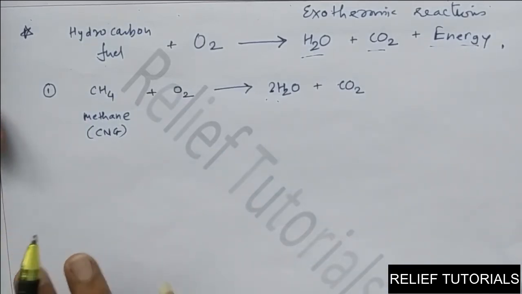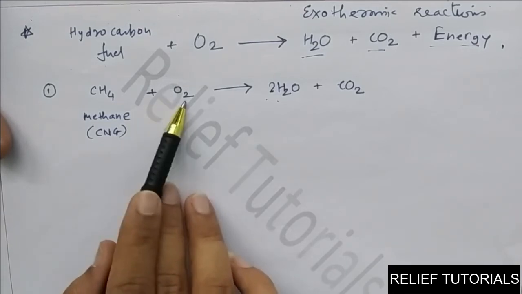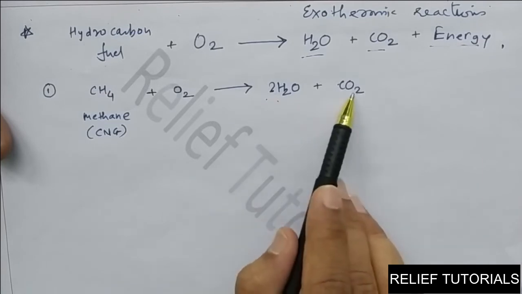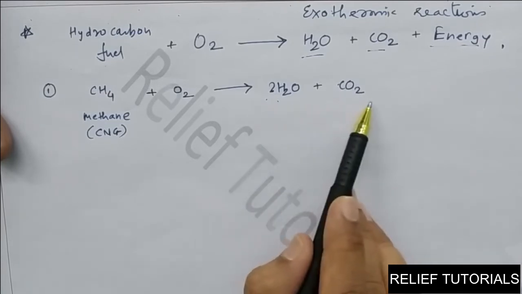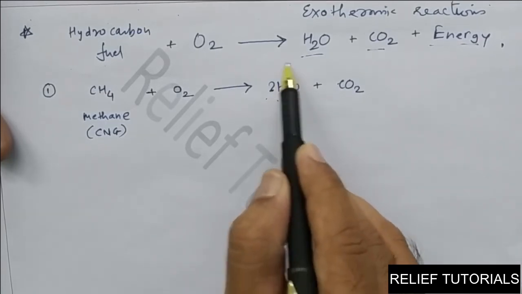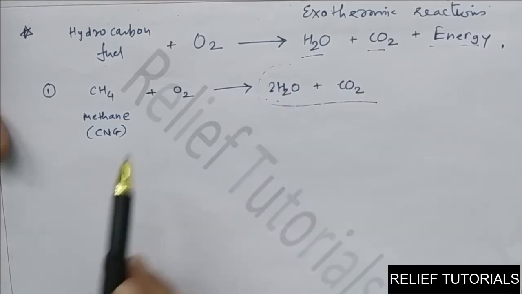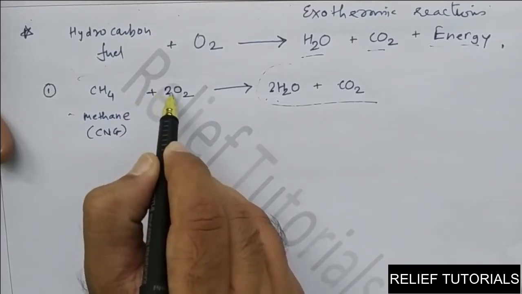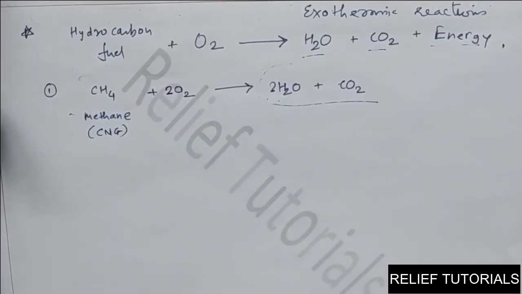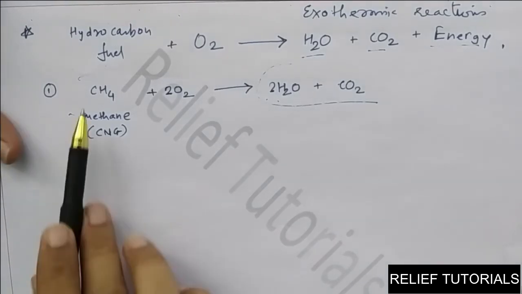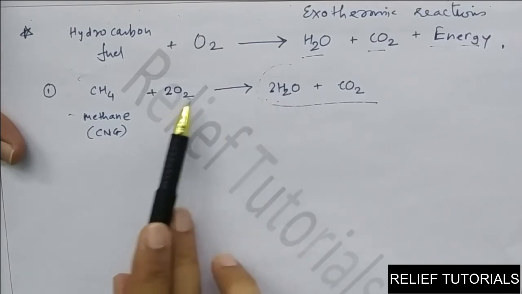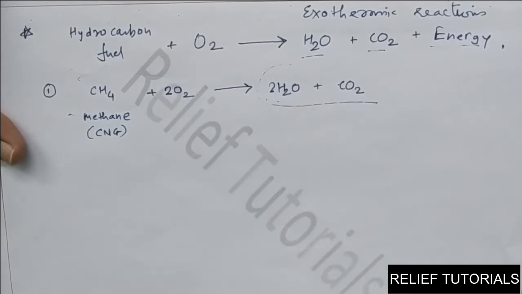Now only look at the oxygen. So oxygen 2. And here if you see oxygen 2 here and 2 here. So 2 and 2, 4 oxygens are totally here. Totally on the right hand side there are 4 oxygens. And on the left hand side there is only 2. So if you multiply this number by 2, it becomes 4. Okay. So 1C, 1C. Hydrogen 4, hydrogen 4. Oxygen 4, oxygen 2 and 2, 4. Balanced equation this is.